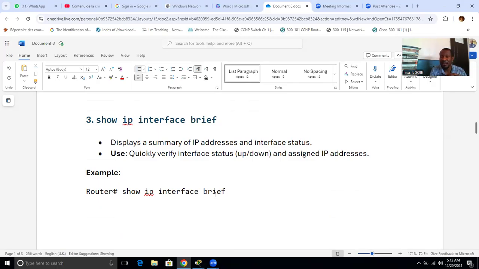Remember guys, you can have your device and you got your IP addresses, right? And some of the interfaces, your ports, can be off or on. How will you know your IPs? How will you check the IPs? And how will you check what are the ports that are on and what are the ports that are off? Remember, let me give you a